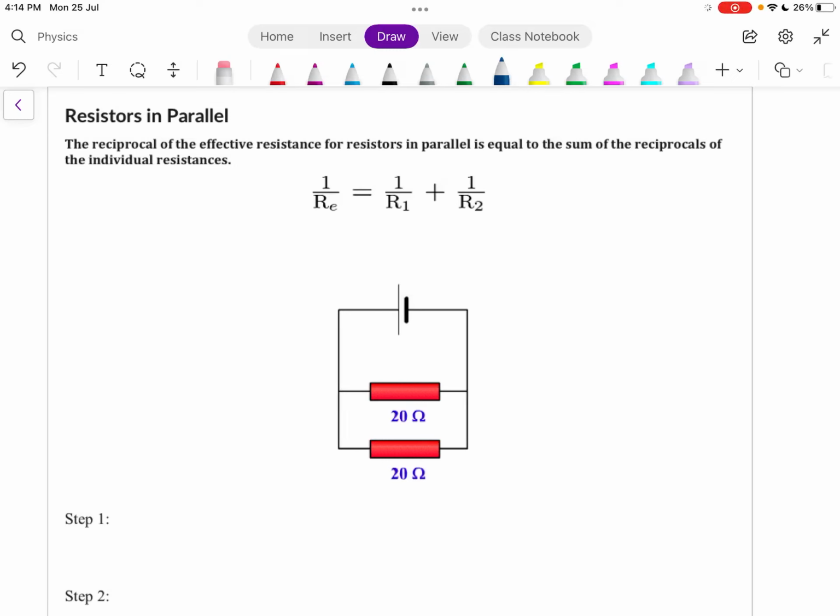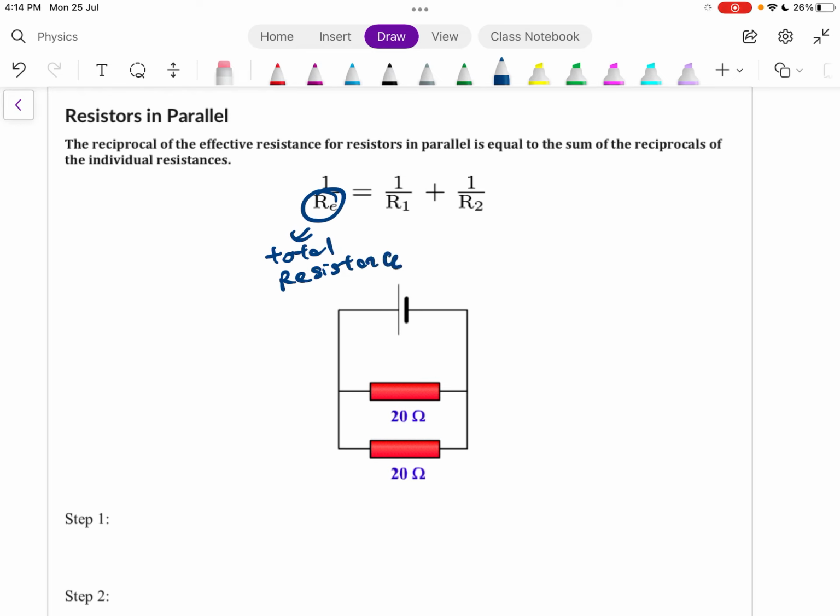Okay, so the last part will be the resistance in a parallel circuit. So how do we calculate the resistance in a parallel circuit? There's actually a formula. First thing, you must memorize the formula 1 over R_total. What is this R_total? This is just the total resistance, right? So total resistance